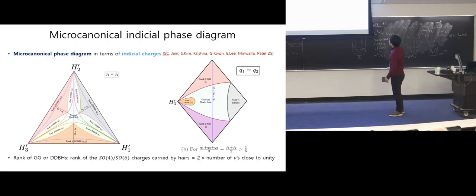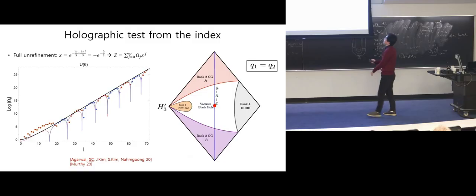And here, if we fix the R charges and vary the angular momentum, and if J1 is much larger than J2, then the gray galaxy will have more entropy than the known CCLP type black holes or Gutowski-Reall type black holes. So this is our prediction for the microcanonical phase diagram in AdS5. And now we want to test from the field theory side.